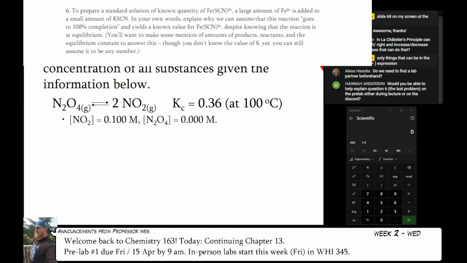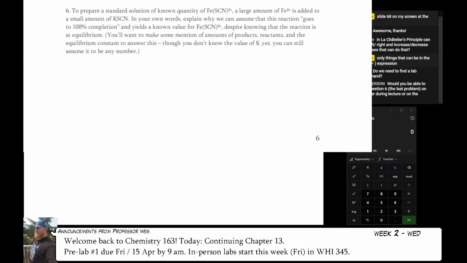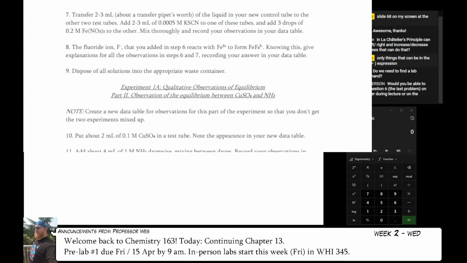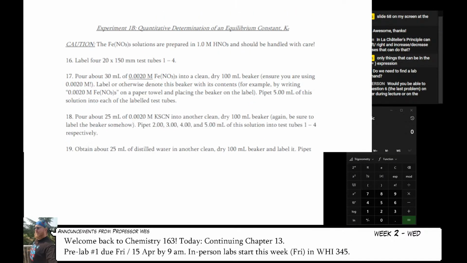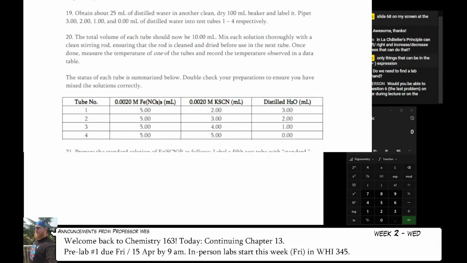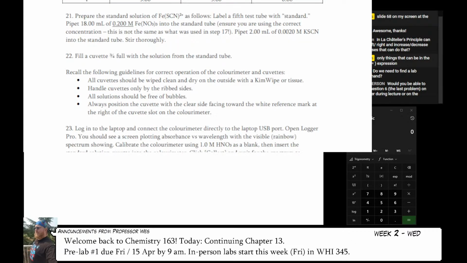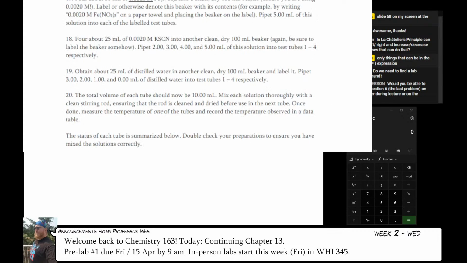What I want you to do is, and in fact you can do this now because we're doing this calculation today, choose some numbers for concentrations based on what the lab is doing. There's a very specific part in the lab that gives you the answer to this, and I'll actually point it out here. In part B, where is it? Let me find it.